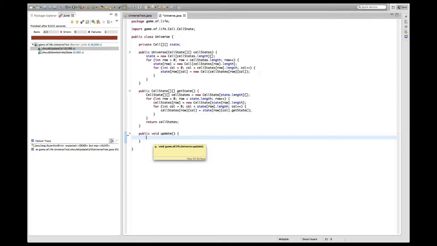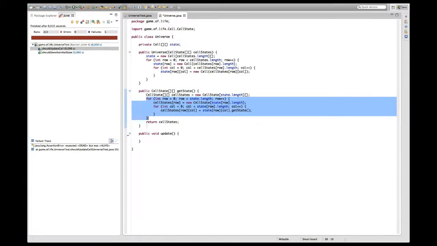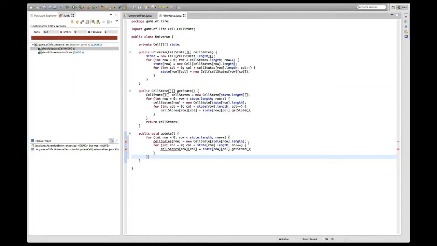And again, of course, the easiest thing would be to set this one cell to dead, but I'm not going to do that. I'm going to instead implement the logic as I know I'm going to need it, which means iterating over all the cells and updating their state. So I'm going to copy this logic from up here to just iterate over the whole state,